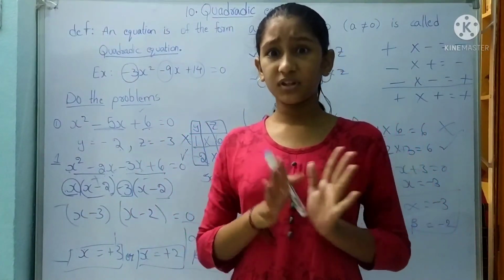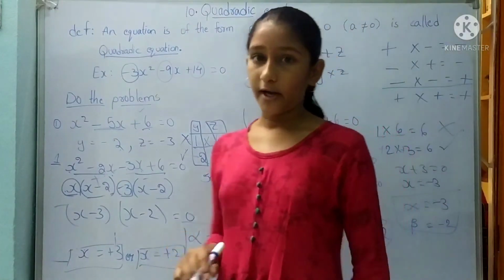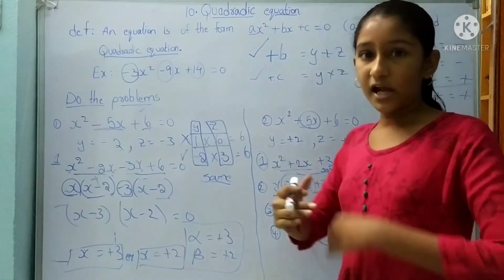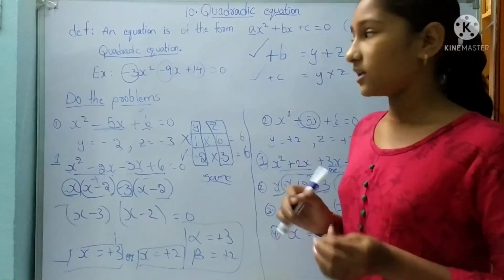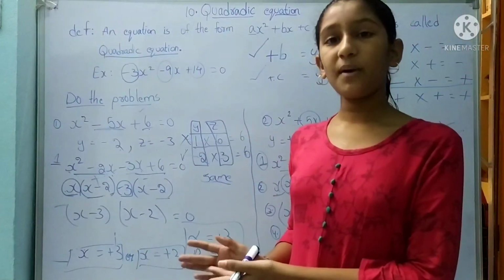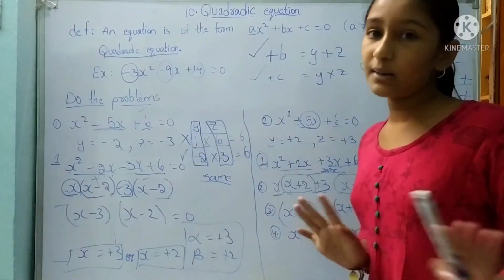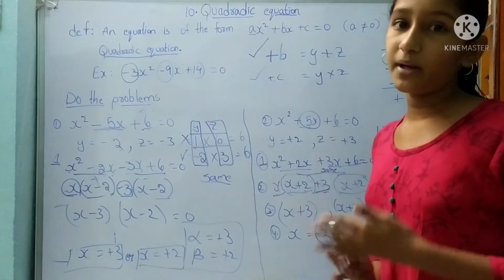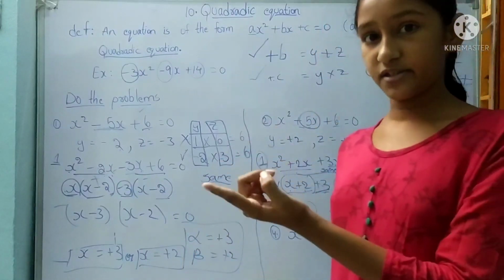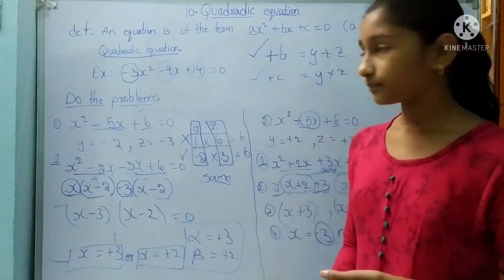This has some confusion, but it is very important. That's why in 10th class, 11th class, and 12th class we have the quadratic equation lesson and it will continue. Okay, it means in the 10th class they will teach this first method, and in the 11th class they will teach the formula method. I will also show you the formula method, but it's a bit trickier than this method. So if you know this, that is very easy. So I will teach this first and after that I will teach the formula method.